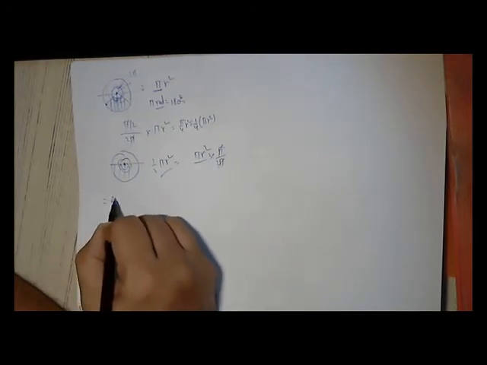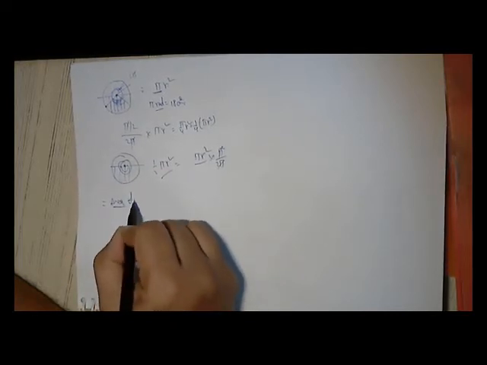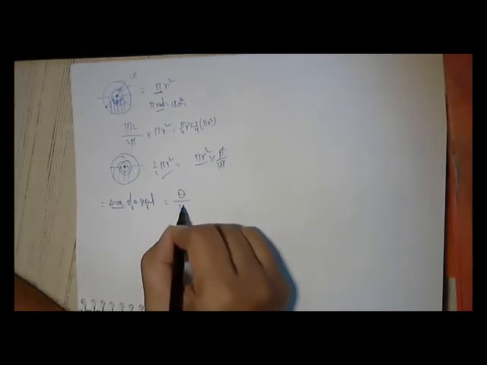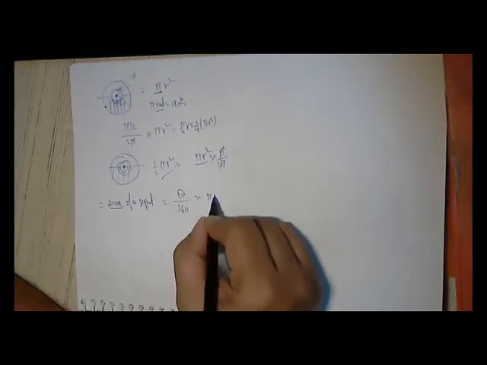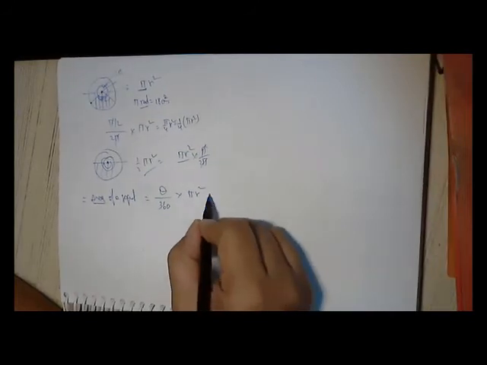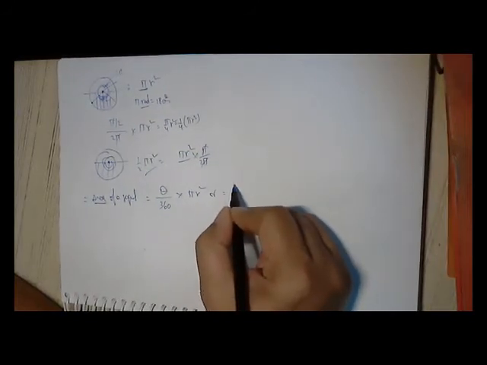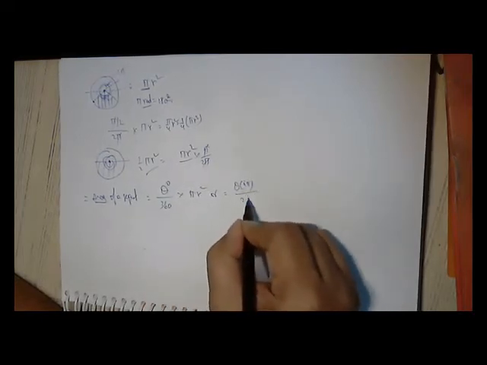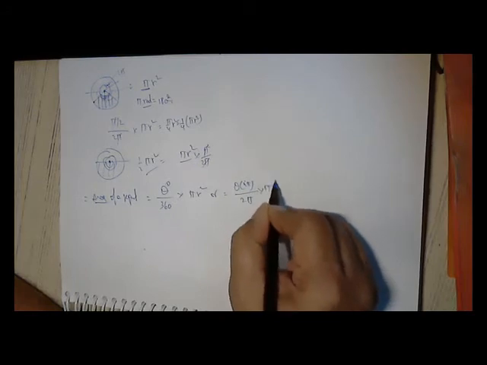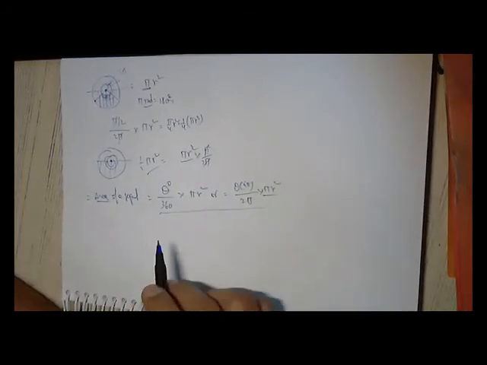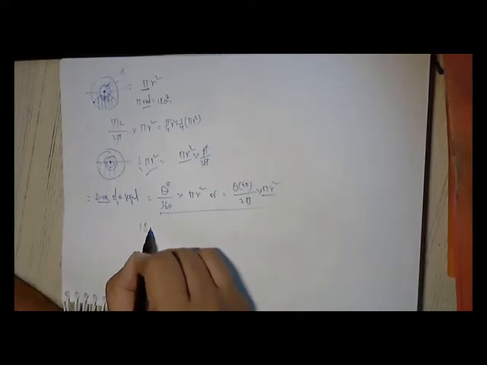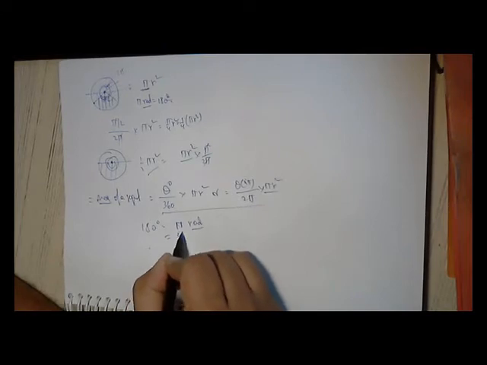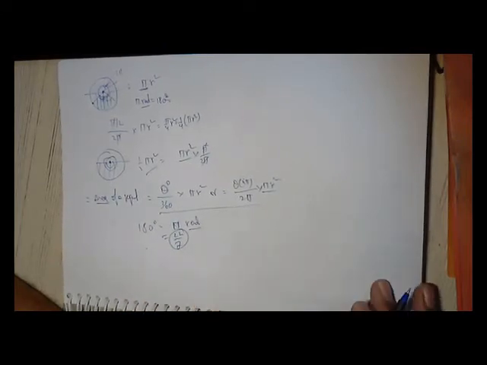That means finally we can say the area of a segment is equal to theta by 360 into pi r square, or equal to theta in radians by 2 pi into pi r square. Both are the same. 180 degrees is equal to pi radians. Pi is what? 22/7. How has this pi come into the picture?